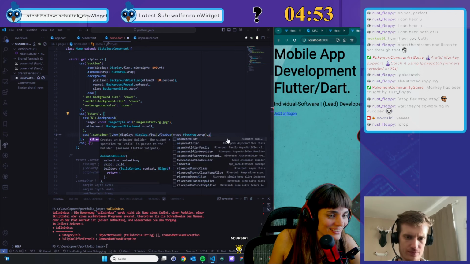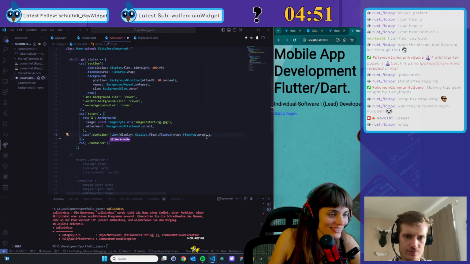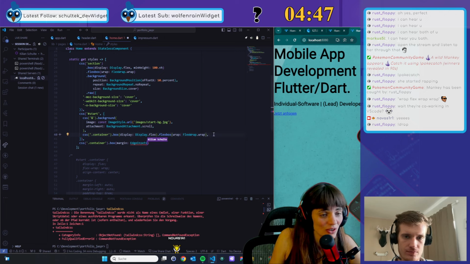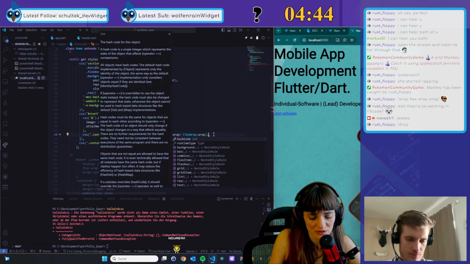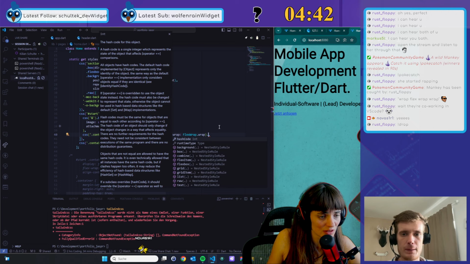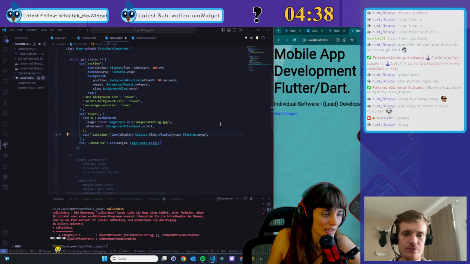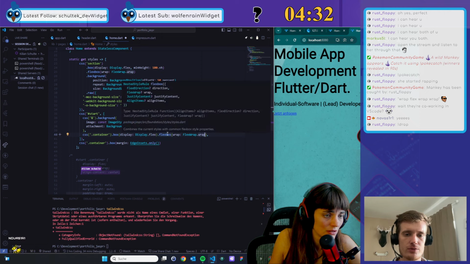And then the align content. How can I find out where I can search for it? Which one do you mean? The align content. This is also part of the flex, because it's a CSS property.